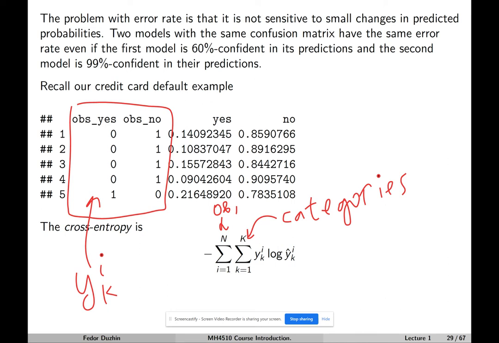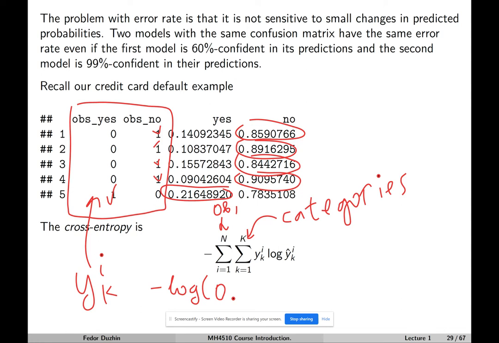So it means that we should only take the sum over all categories in which the entry of the outcome is 1 and not 0. So we should take this, and this. What does it look like? It means that the corresponding y hat probabilities are going to be this number, this number, this number, this number, and this number. So in this case, this is going to be the sum of minus log of